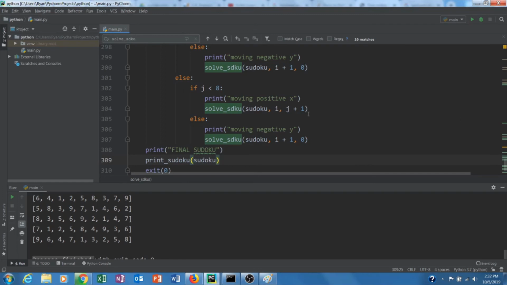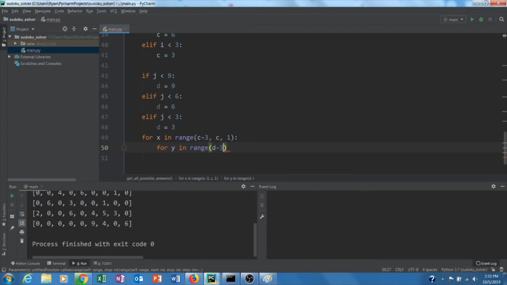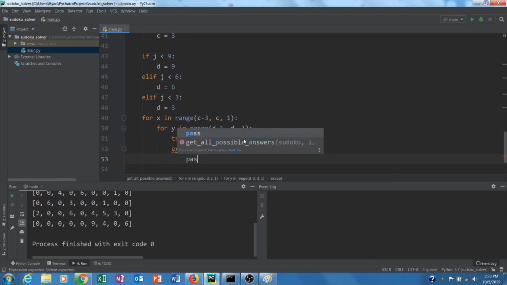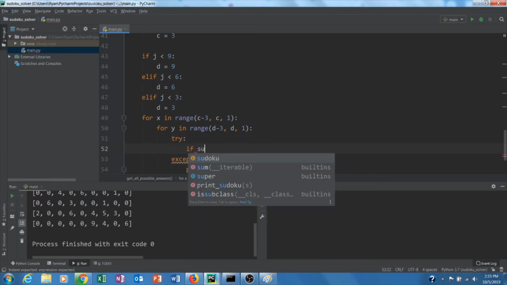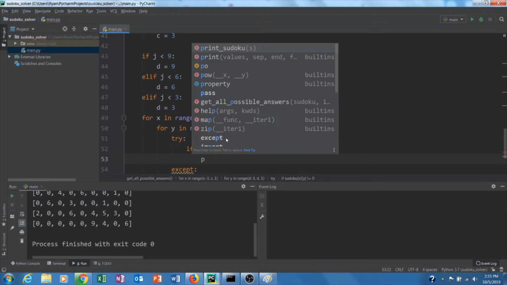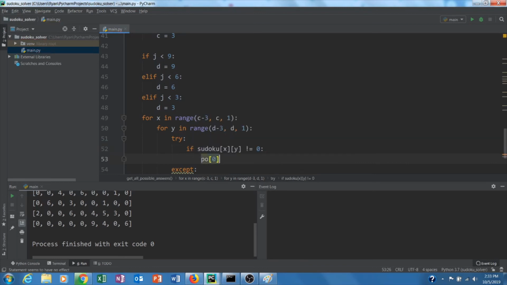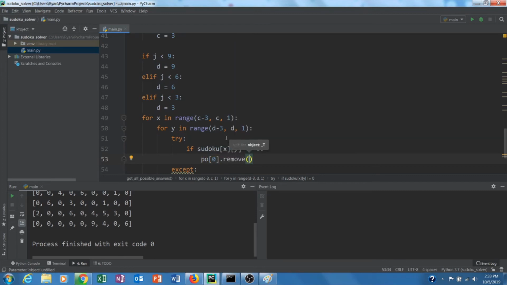Let's do the same thing for the y direction. So for y in range, and then we're going to be saying d minus 3. We go all the way to d with a step of 1. And then all we have to do is, again, don't forget the try and except statement. Here we simply pass. And then in the try statement, all we do is we check if Sudoku with x comma y is not equal to 0, then we'll say the possibilities array, we take the 0 index or the first element dot remove, and we simply remove Sudoku